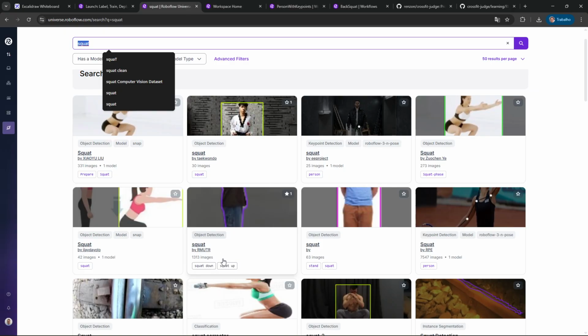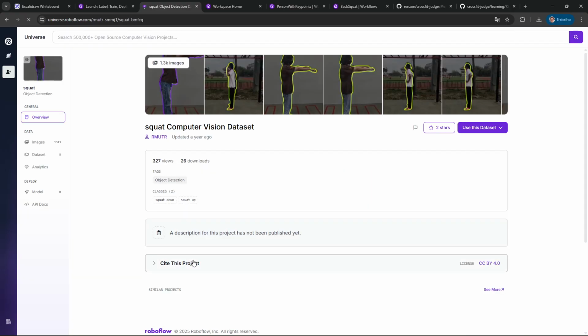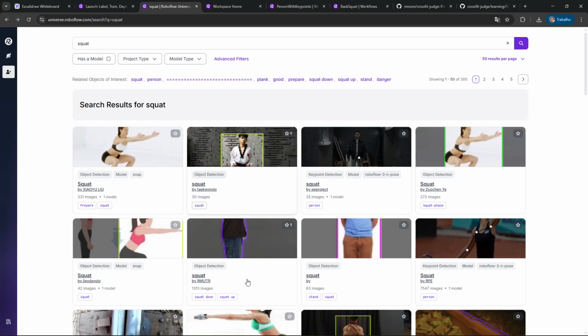And this one has 1,313 images of squats.